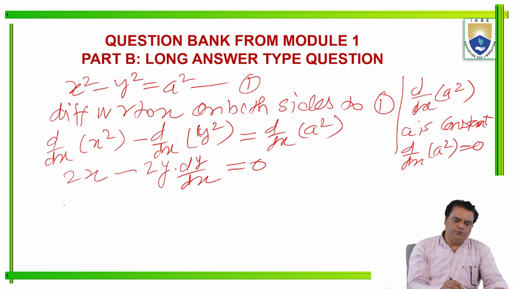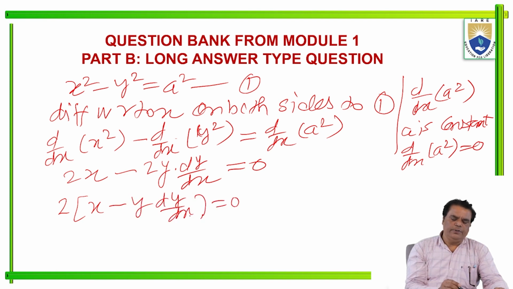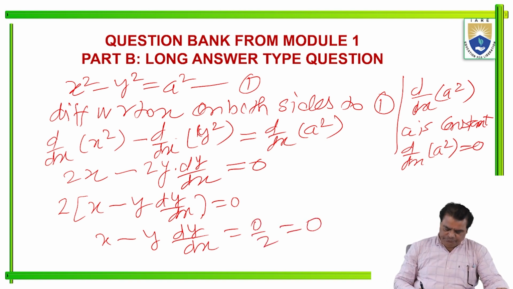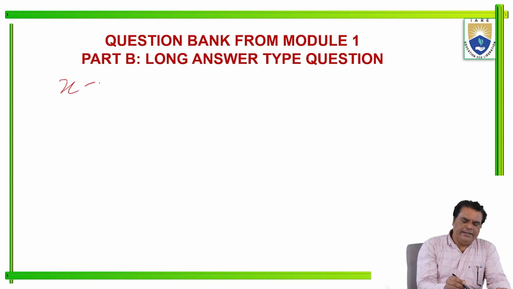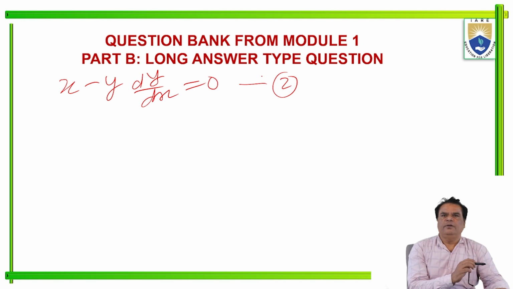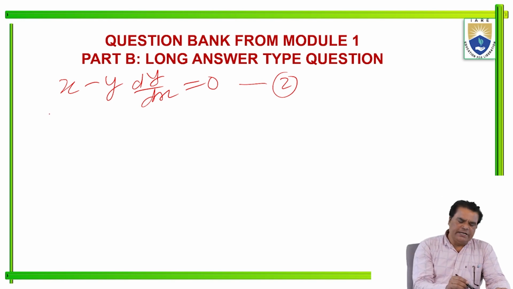Now 2 is common, dividing by 2, we get x minus y dy dx equal to 0. This is equation number 2. This is the differential equation